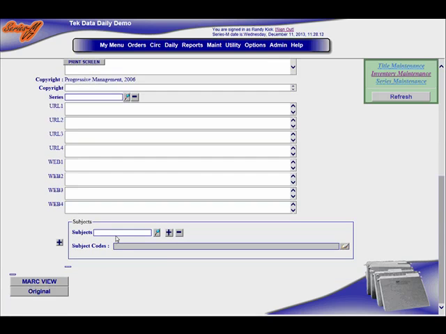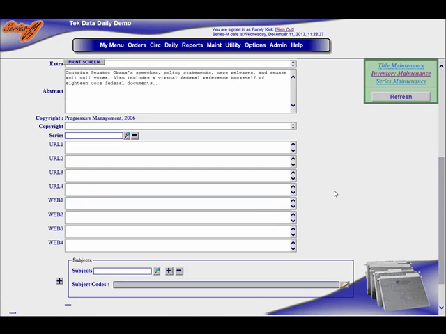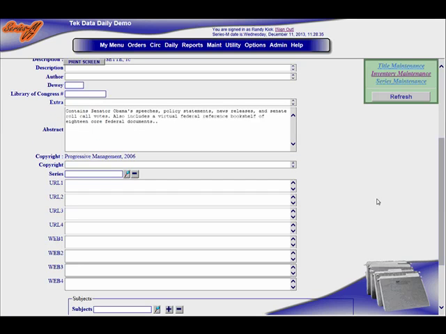Then the subjects go down here, and again they pull up from a list, and you search by topic or by subject. Then these 8 fields, first 4 URLs, next 4 web, really have similar functionality. Basically what happens here, if this was a digital item that you were adding to your collection to keep it locally,